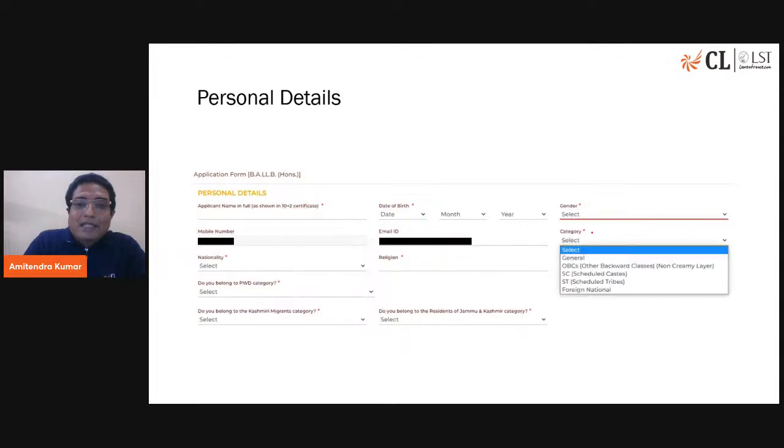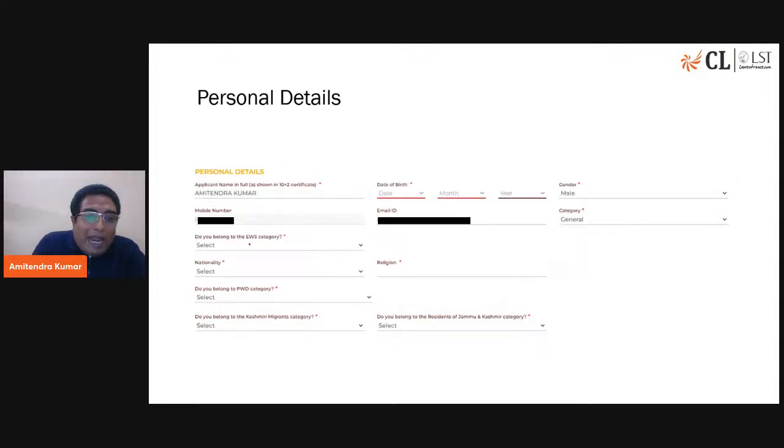And then you have to select the category. Now, what happens when you are selecting the category? These are the choices you will have. You can select either depending on which category you belong to. So it could be either general, it could be OBC NC, it could be SC, it could be ST, or a foreign national. Okay. Now, what will happen if you are a general category student? The moment you select general, this will add another question to your form asking you, do you belong to the EWS category? So the moment you select general as your category, it will ask you this question, whether you belong to the EWS category. You have to select yes or no appropriately.